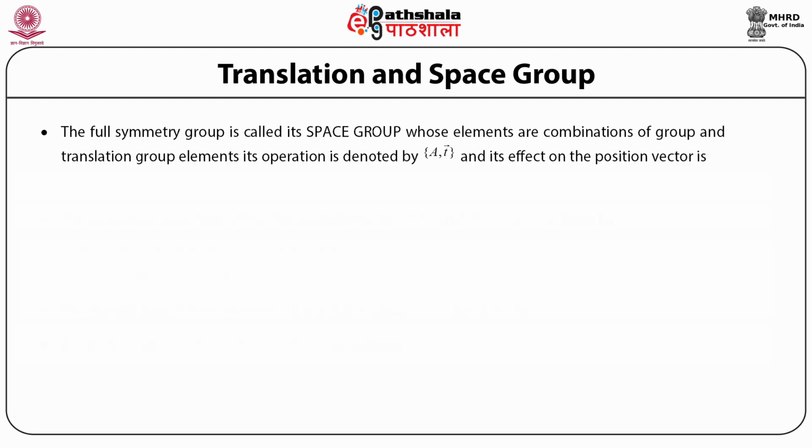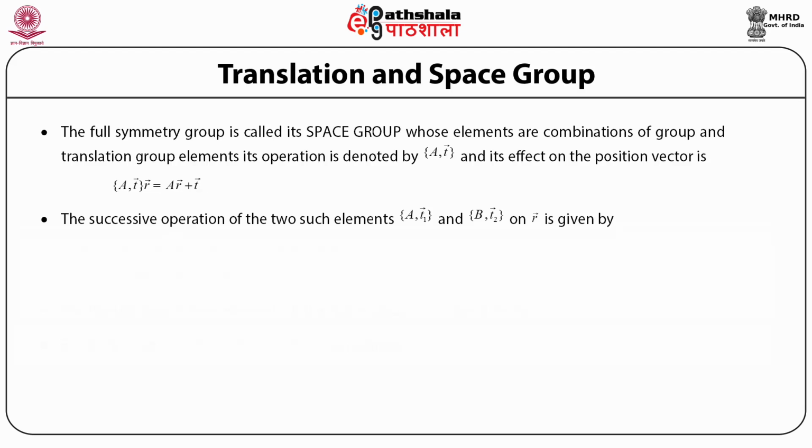Its operation is denoted by A and T, and its effect on the position vector is that this symmetry operation AT acting on R rotates R through a rotation matrix A plus translates by a vector T. The successive operation of two such elements, that is, an element A with the translation T1 and the element B with the translation T2, on R is given by